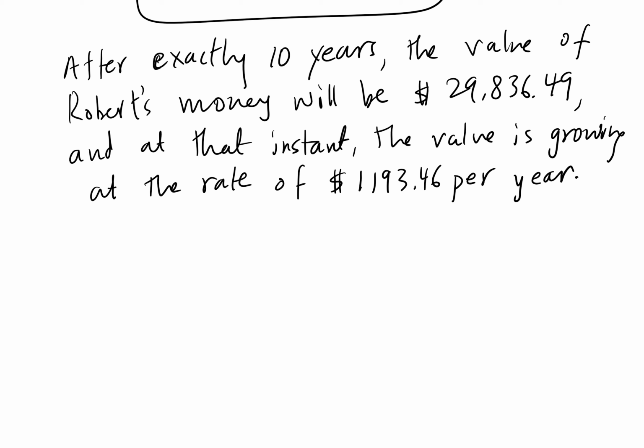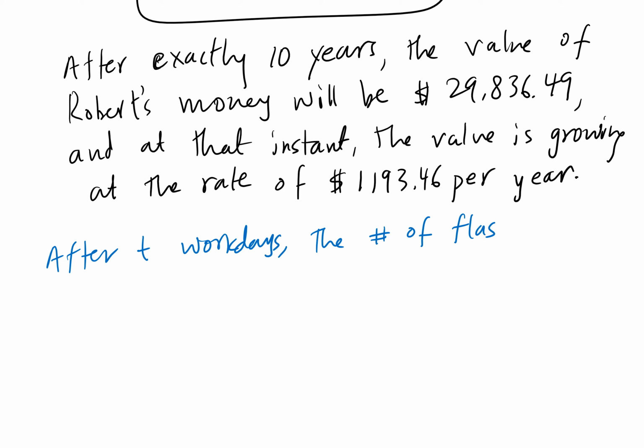So a manufacturer of LED flashlights determines that after t days, so after t work days, the number of flashlights produced